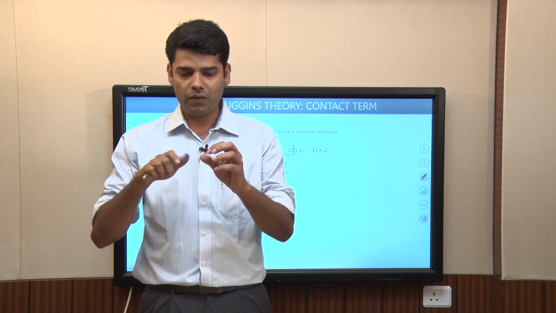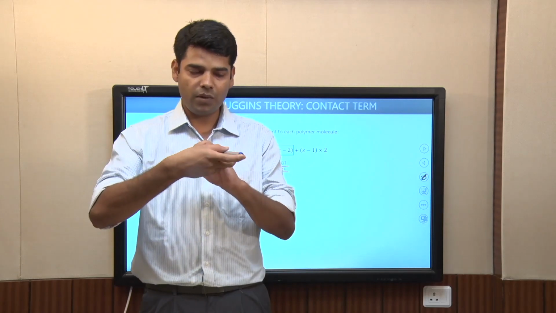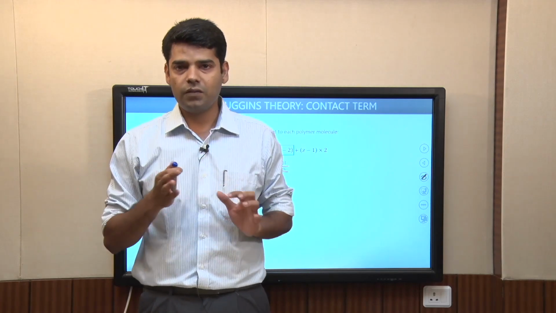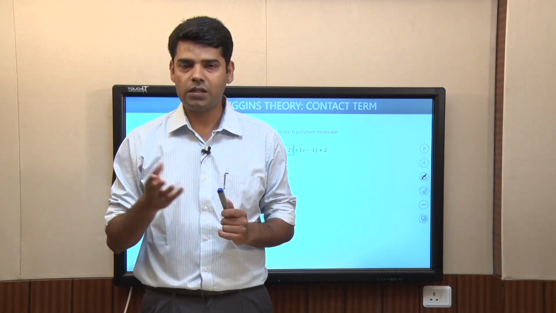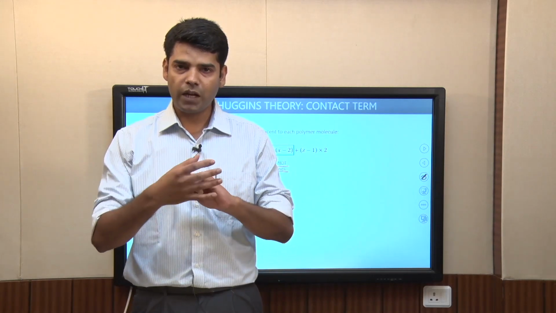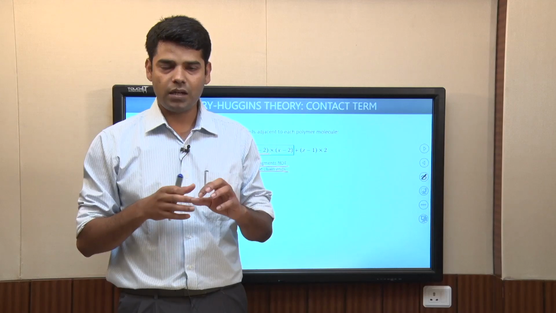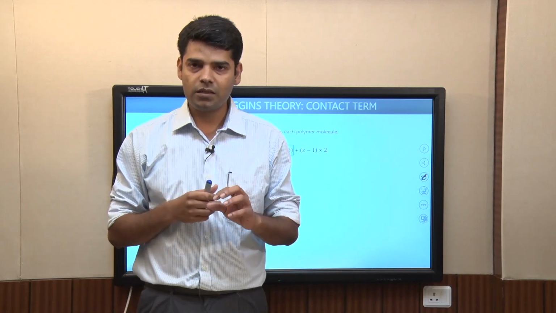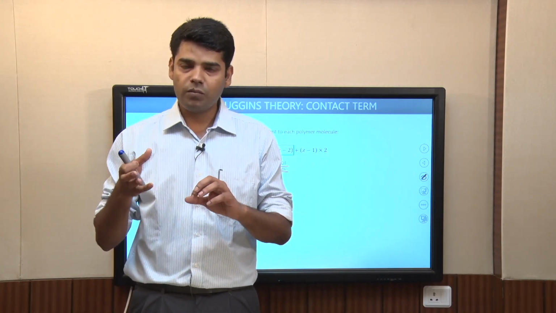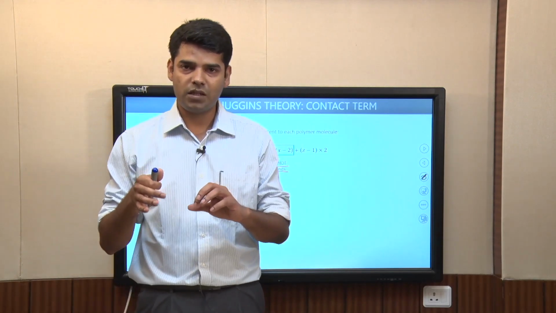So, if we have this one polymer segment, it will be connected to a next polymer segment here and a previous polymer segment. If the overall coordination of the lattice is z, which means the total number of nearest neighbors is z for a given polymer segment, then 2 of those positions are already occupied by the 2 segments that are bonded to the segment we are considering. So, if we subtract that 2, then z minus 2 lattice cells around this segment are the adjacent cells available for occupation by solvent molecules, as well as segments from other polymer chains or more distant polymer segments in the same chain.